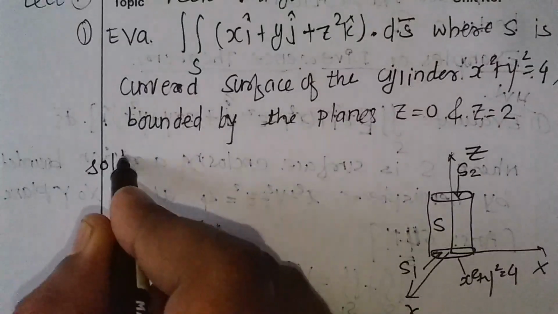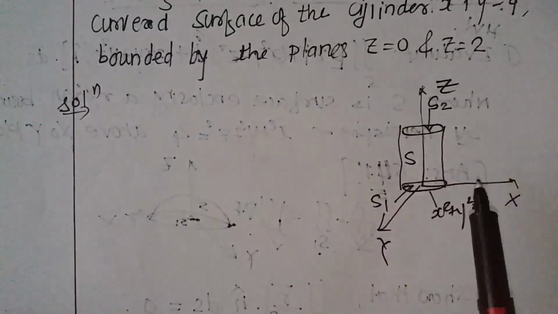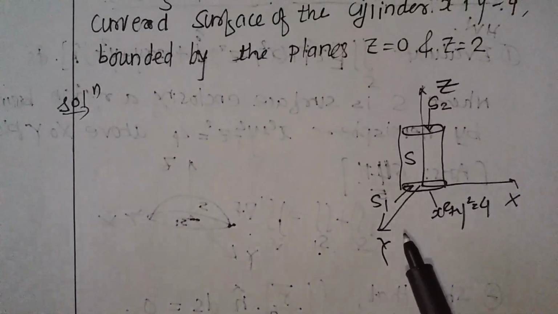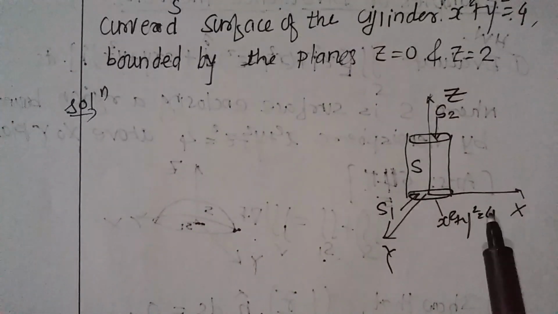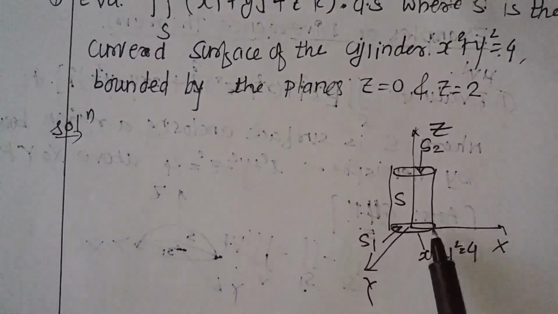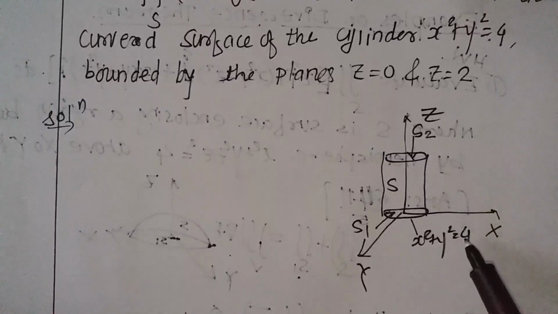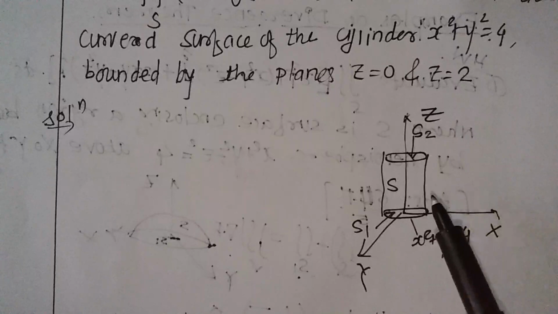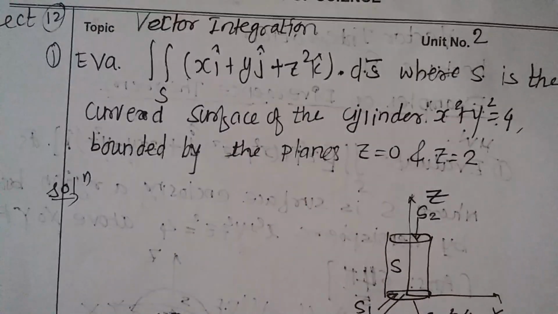Now I have drawn the figure also. You can see that figure. This is the cylinder bounded by z equal to 0. Z equal to 0 means xy plane and z equal to 2 will be the plane parallel to xy plane. So the plane surfaces of the cylinder are circles, right? The equation of that circle is given by x square plus y square equal to 4. In the xy plane, it is a circle of radius 2. 2 square is 4, and this is the curved surface of the cylinder. I have denoted it by capital S. Over that surface we are going to find the integral.